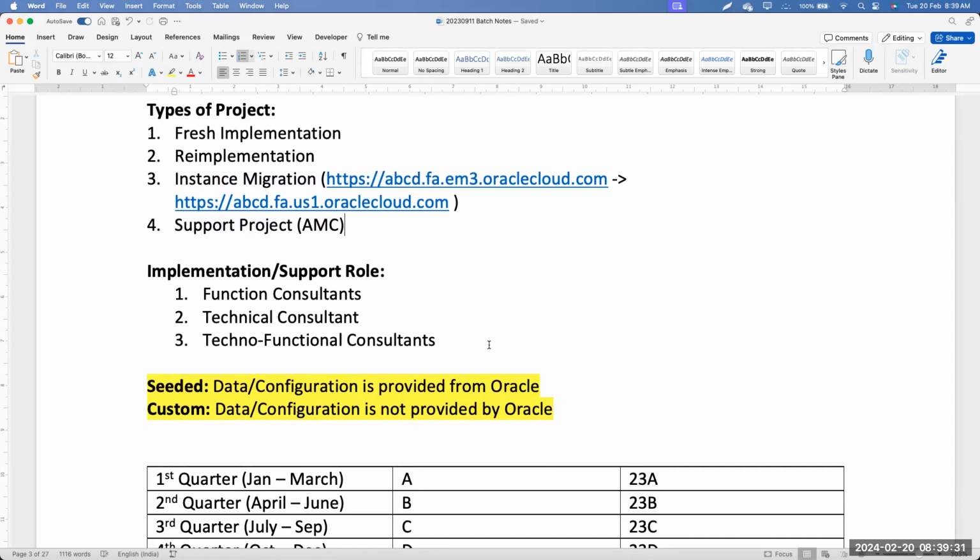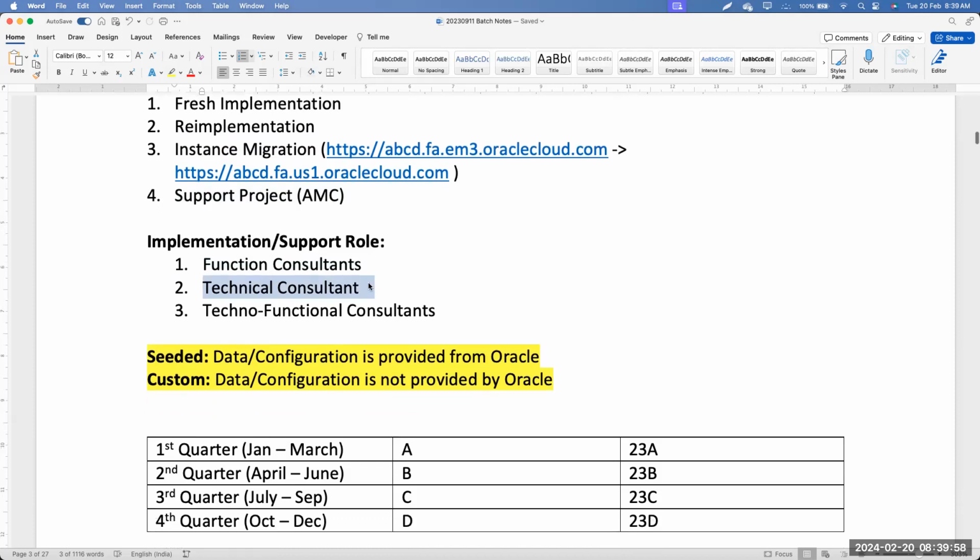And then when it comes to the roles, we have functional consultants. Basically, our training sessions, what we are going to do in the next 50 hours, these are all the functional training, and yes, we will be adding a few technical topics as well as part of our training sessions. But it would not be very highly technical. As a functional consultant, we need to know a few technical aspects as well, which we will be covering as part of our training sessions.